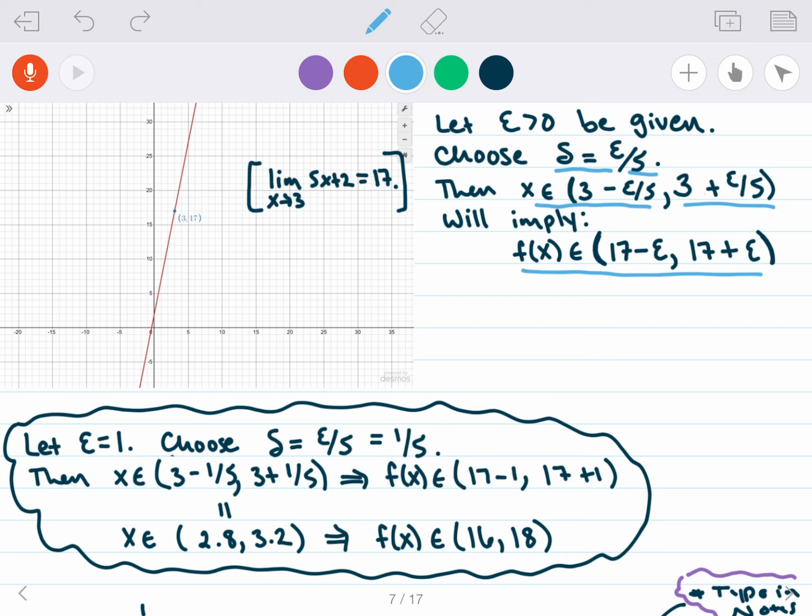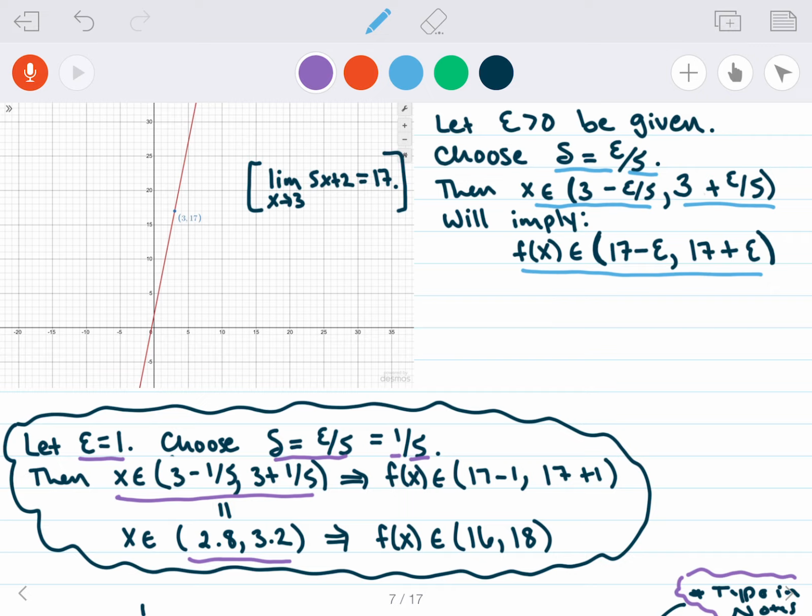So I have a picture here. Let's just do some epsilon delta challenges so we can see what's going on, so it's not as abstract. I'm going to give you epsilon equals 1. And based on the proof that we just did, you're going to choose delta equal to epsilon over 5, which in our non-abstract case is 1 over 5. Then x being in this delta neighborhood, which is 3 minus 1 over 5 to 3 plus 1 over 5, which is 2.8 to 3.2,